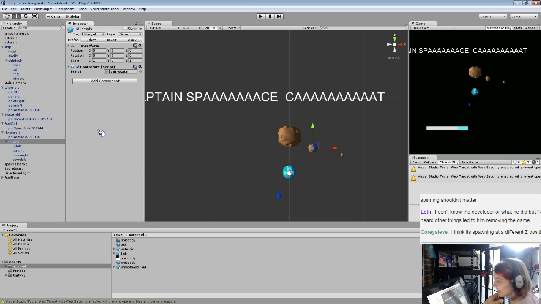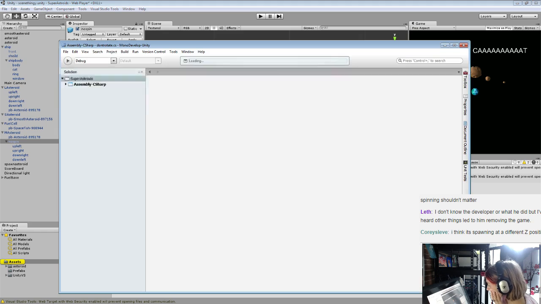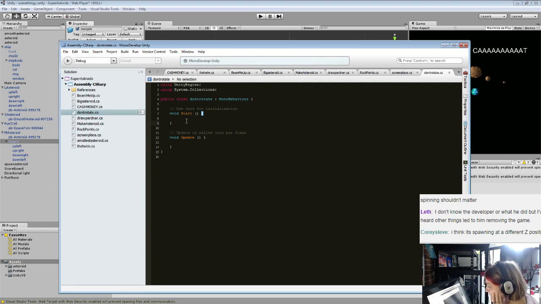Corey says, shouldn't we lock or freeze it on the Z axis? We undid that. Spinning shouldn't matter. Oh yeah, Corey, we want the asteroids to actually spin in 3D space because they have a lot of texture all around. So they'll feel more like actual rocks spinning in space. But that means the spawning system that I had put in earlier, that was designed just for the Z frozen state, doesn't work anymore. So I need to make this object say